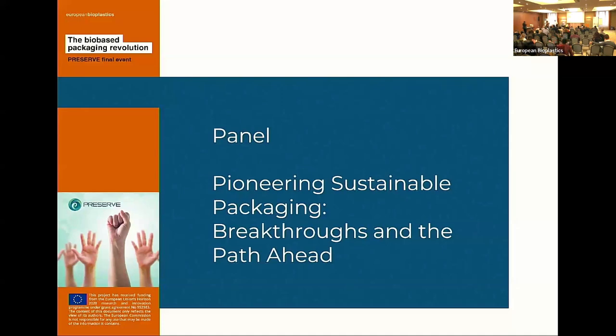And then we will have also Marc Meijers from DenimX. Marc, please. So Marc is an industrial designer and upcycle expert. Marc is one of the people involved in the final design of the packaging solution from secondary raw materials from the Preserve project, and Matthias Schrägle, the Vice President for Research and Development for Südpack. So while Matthias takes the chair, I will again go here and show you our beautiful demonstrator,